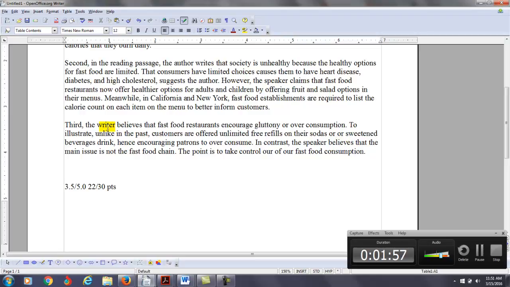So we have third, the writer believes that fast food restaurants encourage gluttony or overconsumption. To illustrate, unlike in the past, customers are offered unlimited free refills on their sodas or other sweetened beverages, hence encouraging, maybe use the pronoun here, them to overconsume. In contrast, the speaker believes that the main issue or cause is not